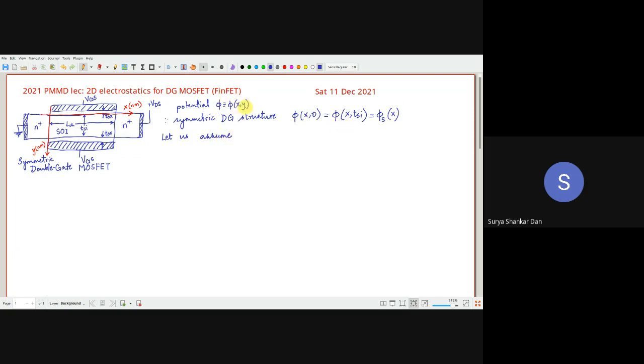So now, with this, let us assume that phi(x,y) is an infinite power series. Please keep in mind that this is one of the fundamental properties of mathematical functions, that any function can be represented as an infinite sinusoidal series. What is that series called? Fourier series. Excellent. So you can represent any periodic function in the world as an infinite series of sinusoidal terms. That is the Fourier series.